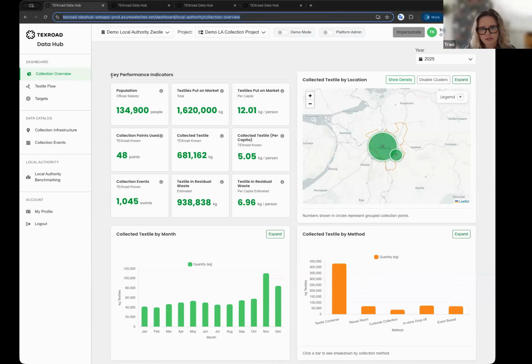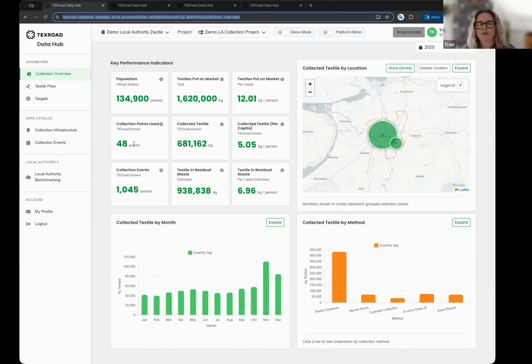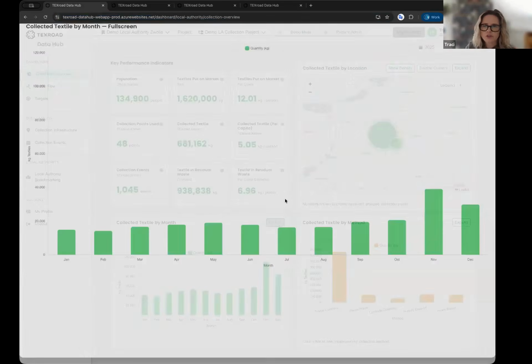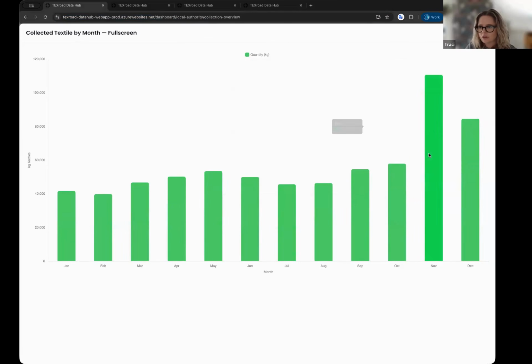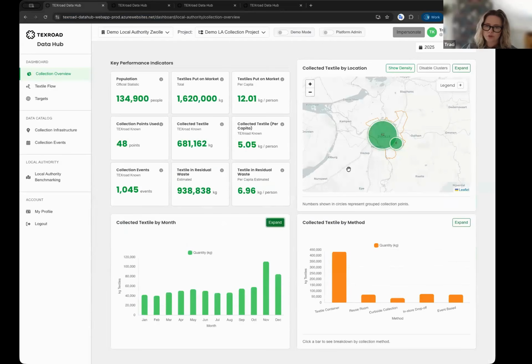You can see some of these key performance indicators that help give an overarching viewpoint of how things are functioning. You can see month by month, as long as the data is available in this way, trends in collection performance. All of these little windows you can click and expand. You can roll over to get more information. And what I'm showing you now is the public authority view. So you can see all of the details, all the fine details.